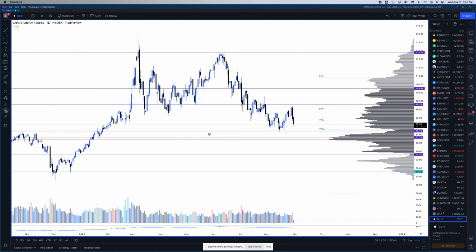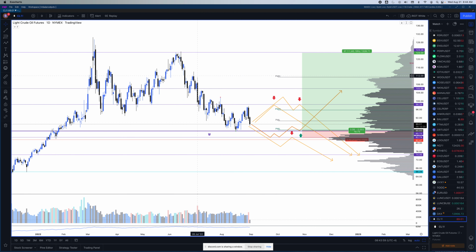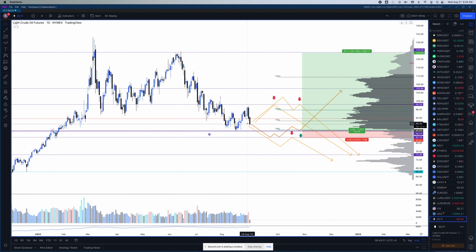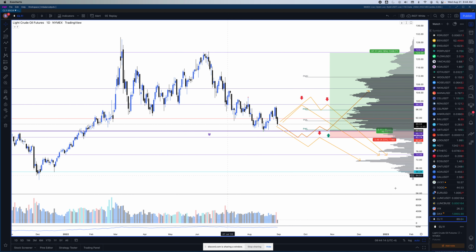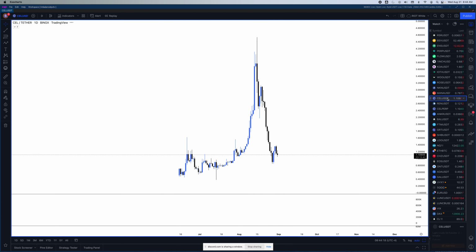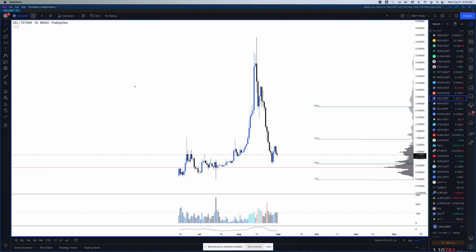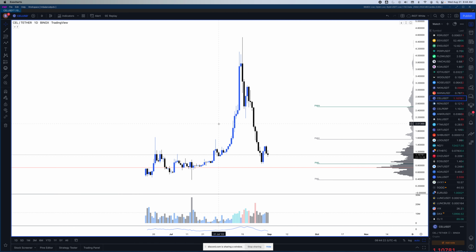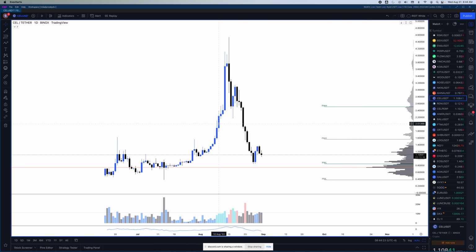So that's it. That's how I just kind of go about planning this. This is something that if this were to reclaim here, I'd set orders here, and if it just kept going above here, then I would probably chase it and try to get on. You can do it with anything though. I mean, on something like CL where there's not a whole lot of history,